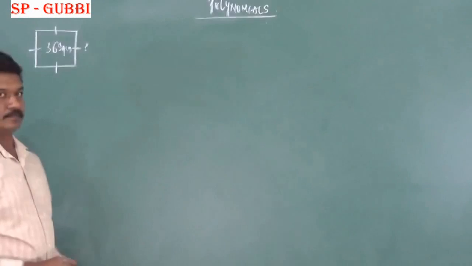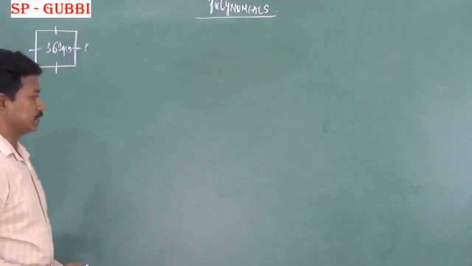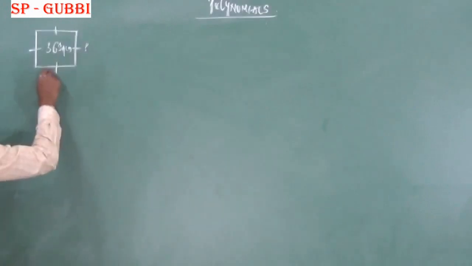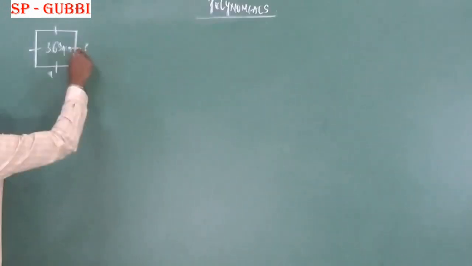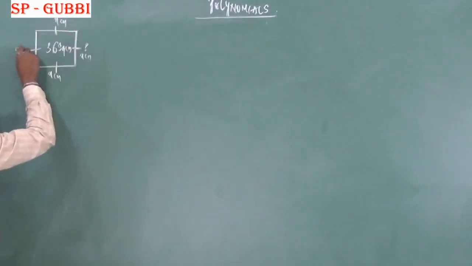We know that in a square all the four sides are equal. If the area of the square is 36 square centimeters, then find the side of the square. Maybe a very simple question in front of you. You have studied it in your previous classes. So if you consider that the sides of the square are 8 centimeters, 8 centimeters, 8 centimeters and 8 centimeters,